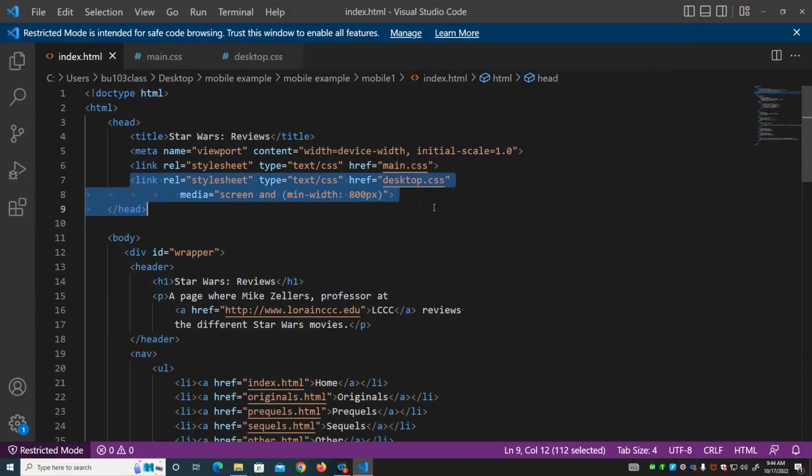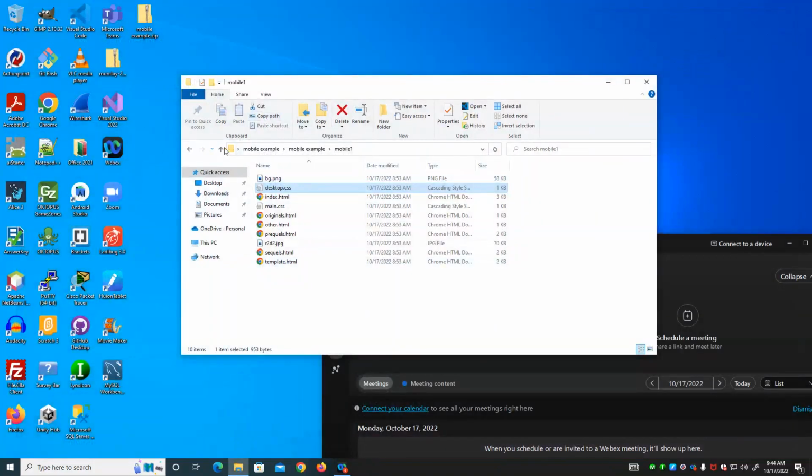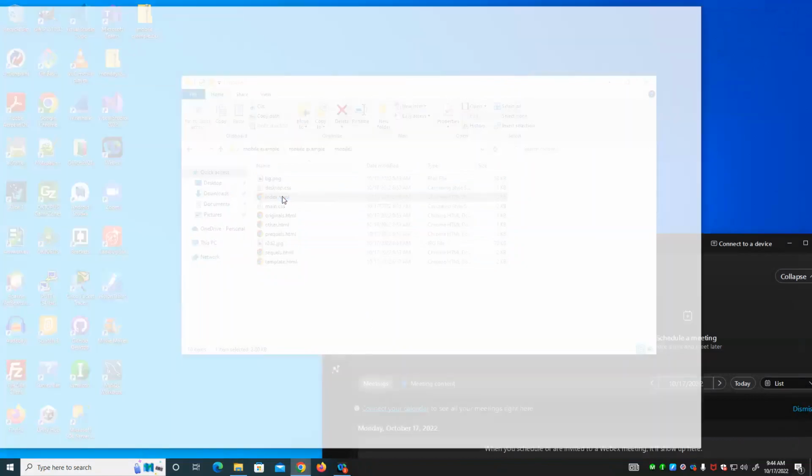If, however, you were working at a company and they already have a website and they just want to make it more mobile compatible, you'd do what's called the desktop first approach. And what you would do is you would do the opposite of that, and you'd write your main style sheet